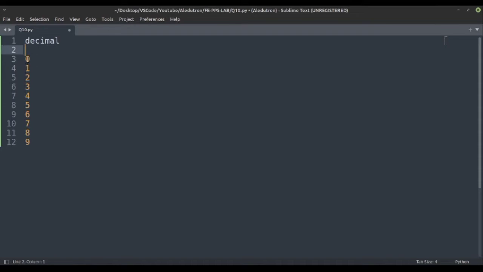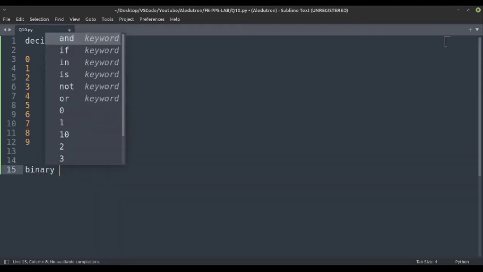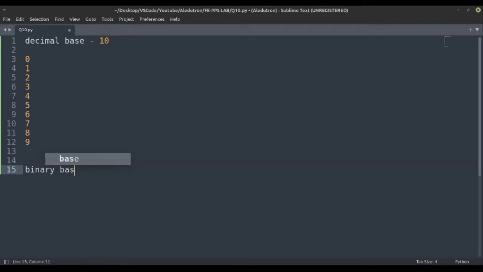We can see here we have 10 different numbers, so we can also call decimal base 10. It has 10 different values, 0 to 9. In the number system we have various systems in which we can indicate the same values. Similarly, there is a binary number system, which is also called base 2. Why? Because it only has two values, 0 and 1. So the whole binary system is based on zeros and ones.